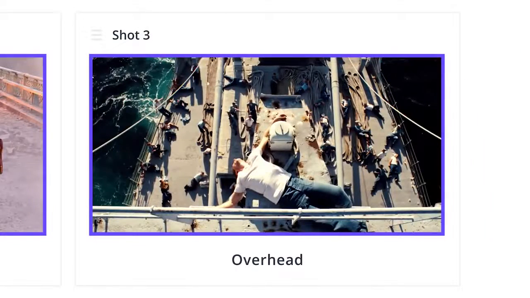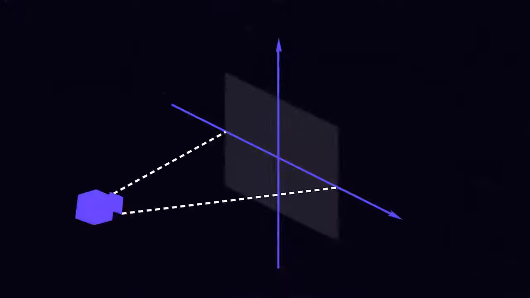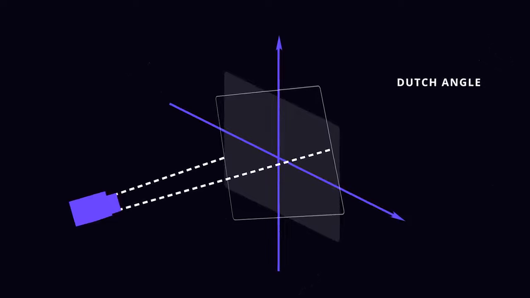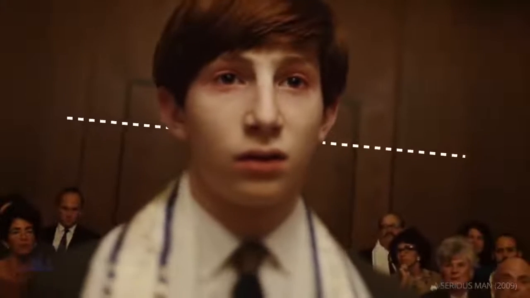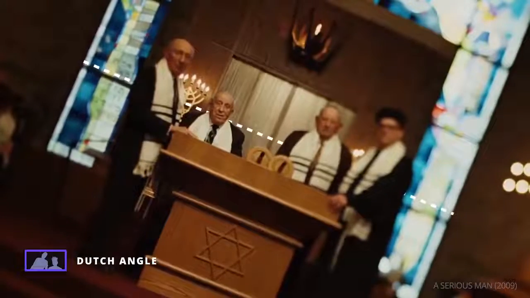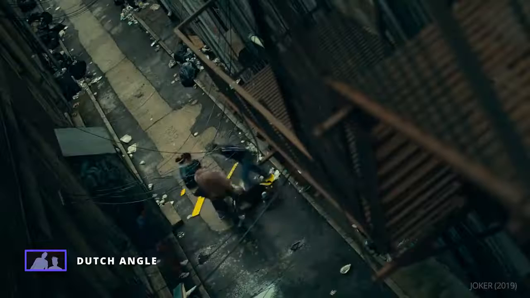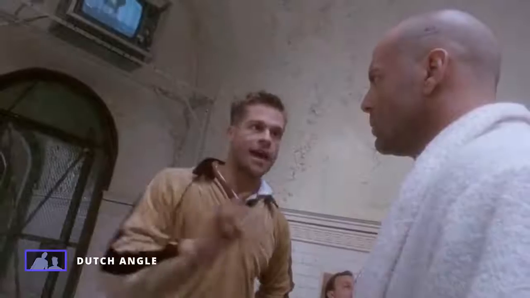And now, an angle that puts us off balance. The Dutch angle. The Dutch angle shot skews the horizontal axis of the frame for an off-kilter image that produces a variety of effects. A Dutch angle can create a sense of unease, mania,